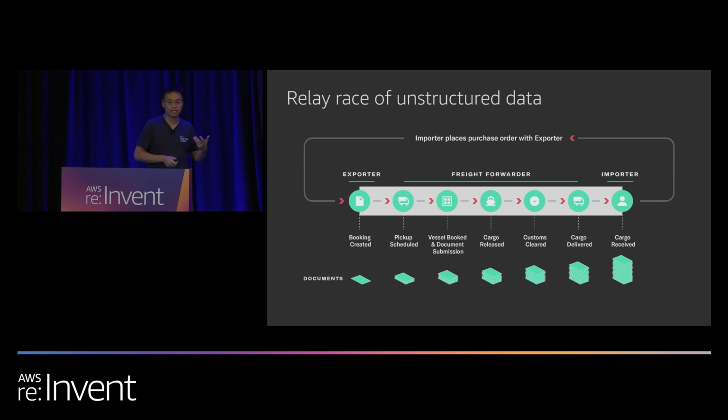So it is a relay, okay? It's a relay of unstructured data full of data quality issues. Imagine most of these documents rely on humans to type them in. Or some entities, some companies or carriers, do have a digital system, but in many cases these systems are not fully integrated with each other. So you need a phone call, email, fax, paper, you name it.